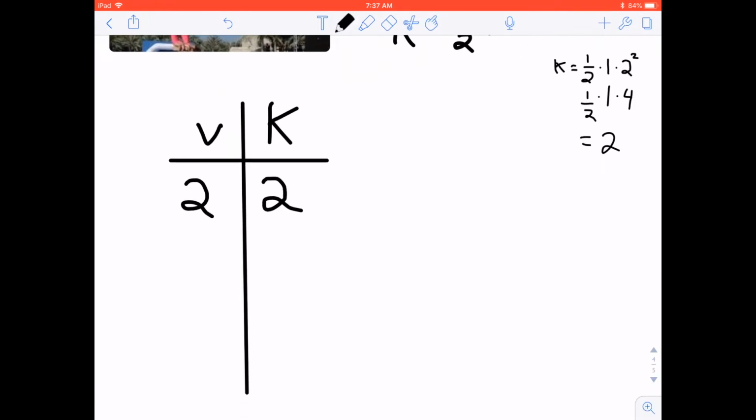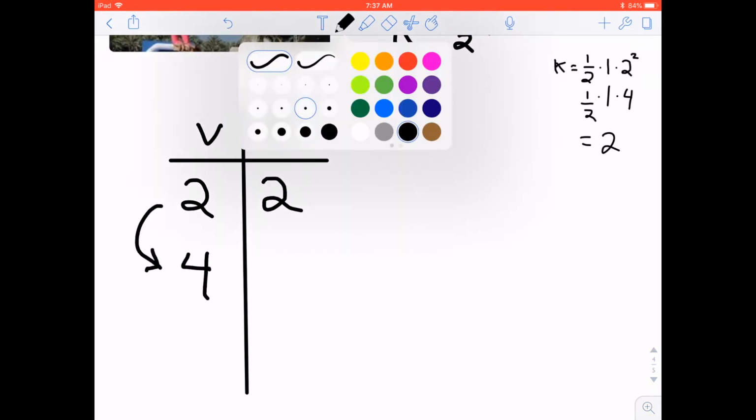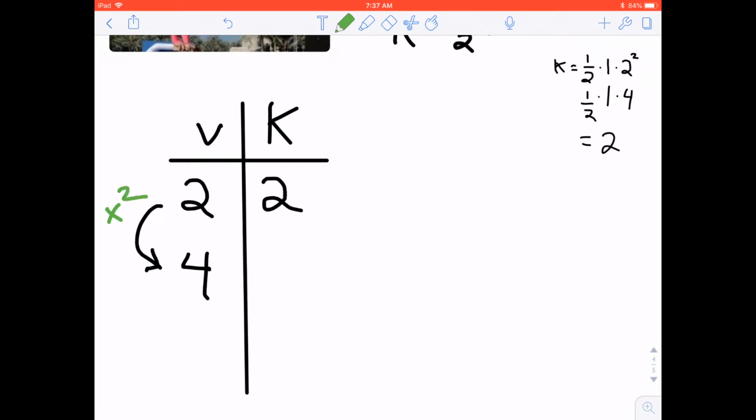Let's double the velocity and see what happens to kinetic energy. Have you figured out any predictions of what might happen to kinetic energy, just knowing what we know about the relationship between velocity and kinetic energy? Let's throw it in the formula and see if our prediction is correct. So if kinetic energy equals 1/2 times the mass, which was constant at 1, times 4 meters per second, and we're going to square it,